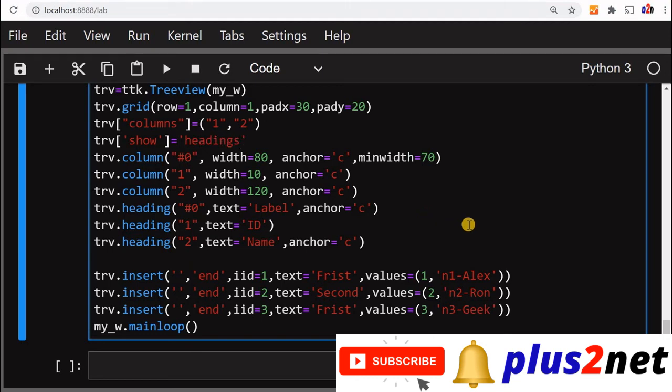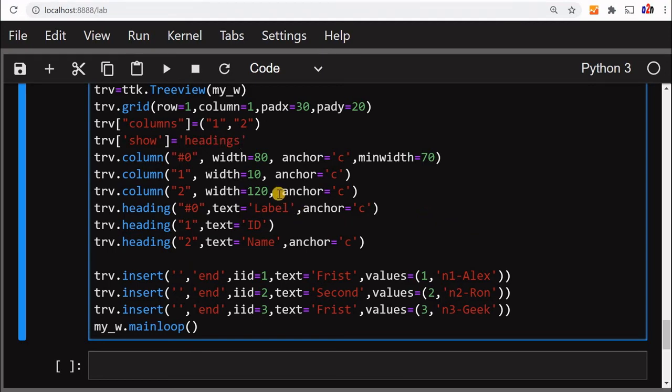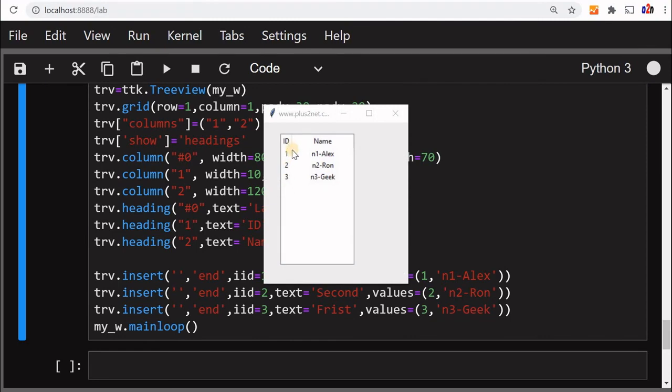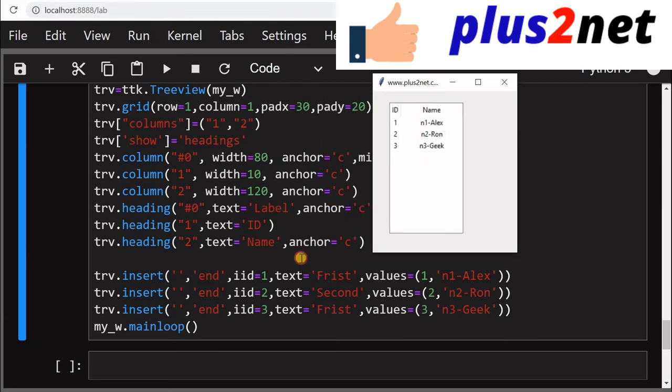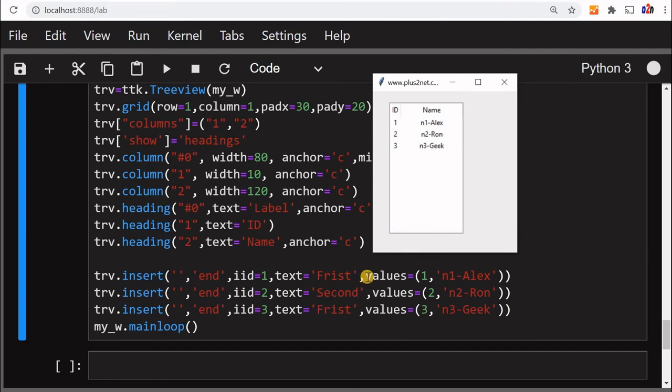Now what happens when you give headings? So let's run this. You can see that the ghost column or the hidden column, whatever was on the left, is no more there. Now it's a tabular view. So that view has gone, and whatever we have written here in the text part, that also has gone. This first, second, sorry, here it has to be third. So whatever we have written, it is no more there because that column is gone. So it's a tabular view or the heading view.